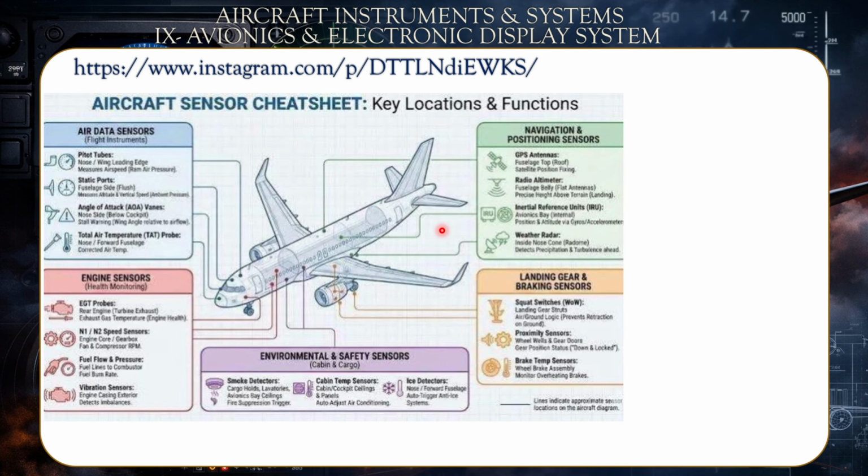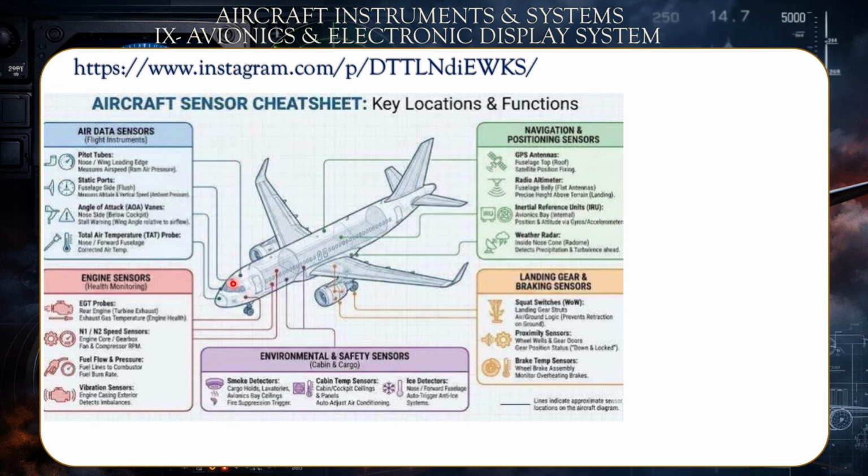In this display, we have an aircraft sensor cheat sheet. Now, bear with me because it's not high resolution, but I will try to break it down. You have different sensors for different functionalities within the aircraft. For example, the air data sensors such as the pitot tubes, the static ports to detect the static pressure, angle of attack or AOA vanes, which are mounted